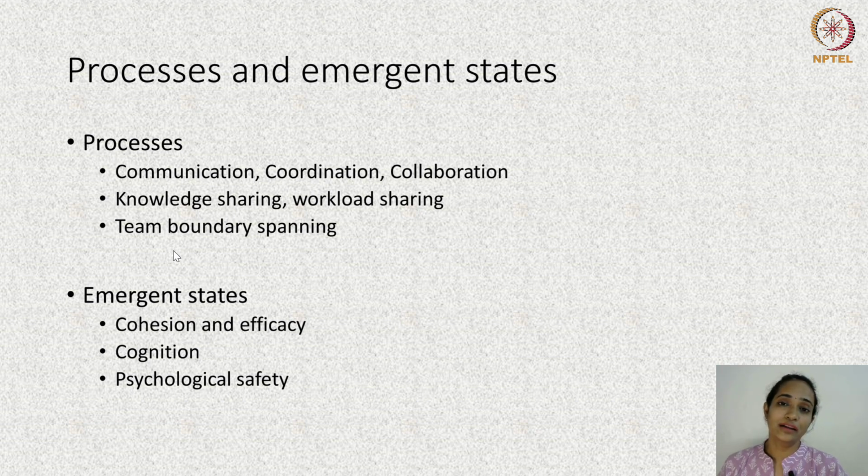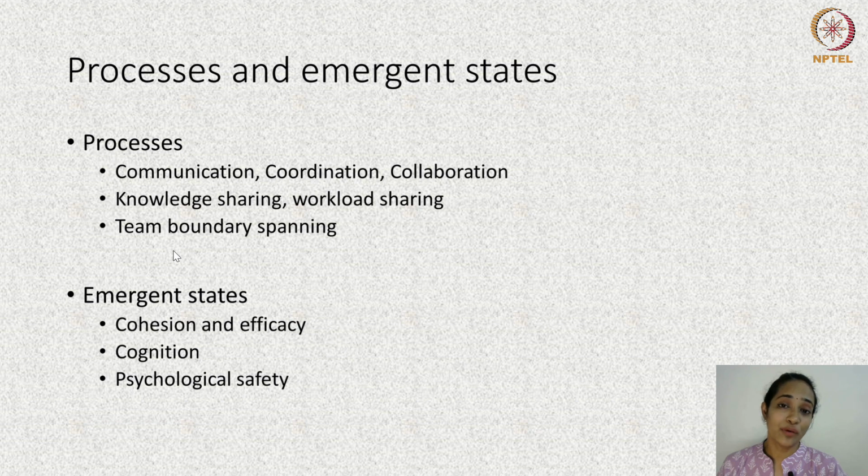Now, early, say in the 1980s and so on, most of the research which used to happen in teams happened in laboratory settings where teams functioned as closed systems. But in organizations, teams do not work as closed systems. They have to interact with members from other departments, members from the customer side, members from the government, members from the general public and so on. And therefore, teams in today's organizations are externally focused, and hence we will be looking at team boundary spanning as one of the important processes in teams today.